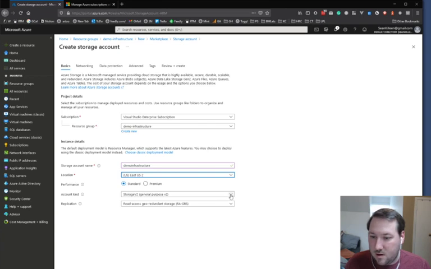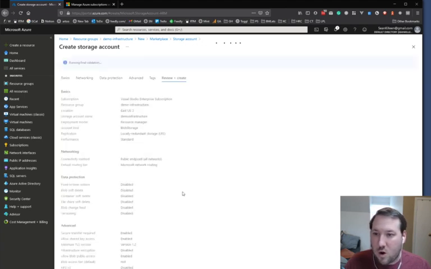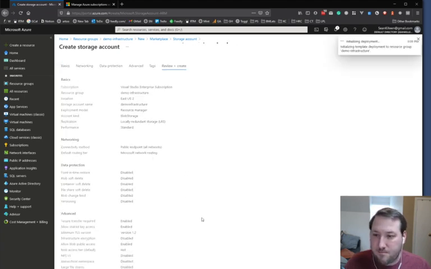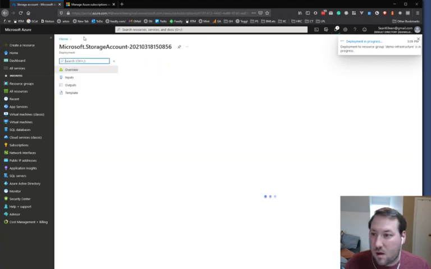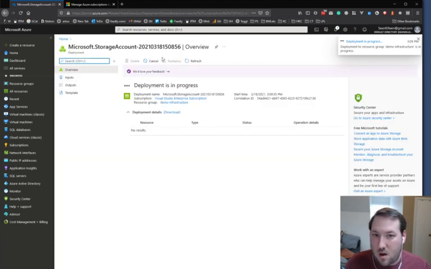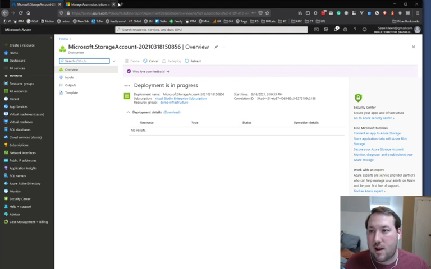We'll keep it standard, general purpose, sure. We'll do actually blob storage. Locally redundant is fine. We'll go ahead and create that. Okay, so now the deployment of that storage account is in progress, and I'm going to go ahead and look